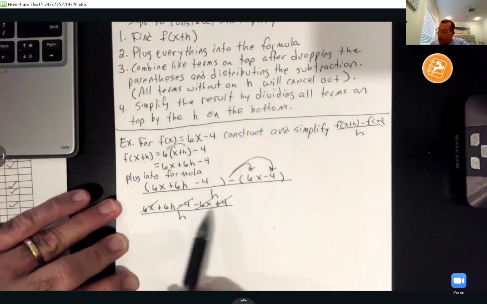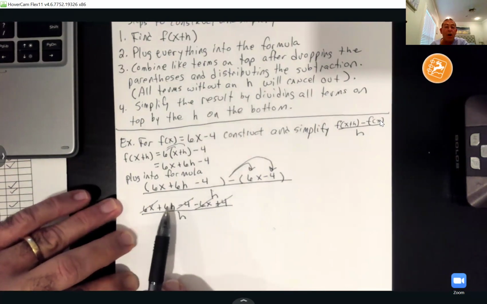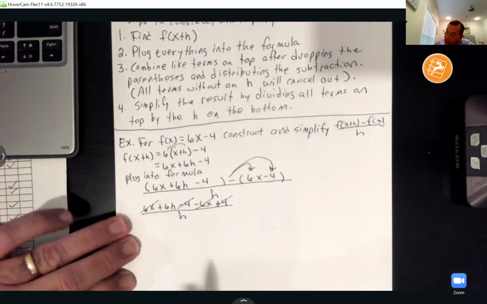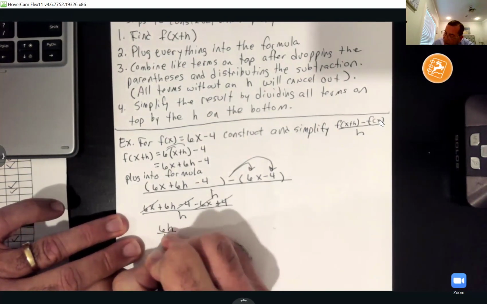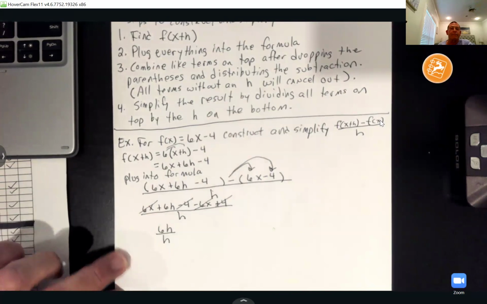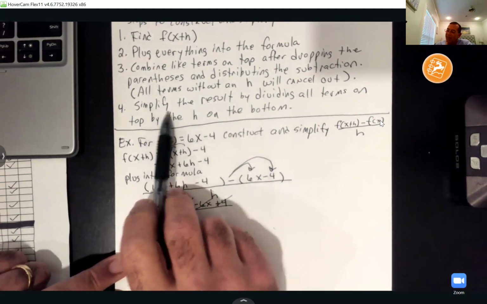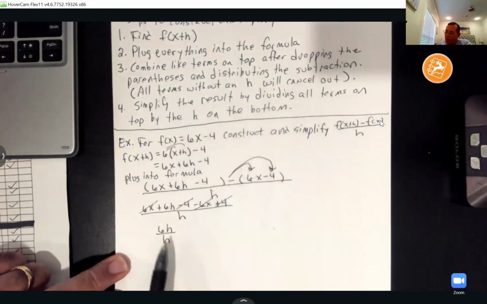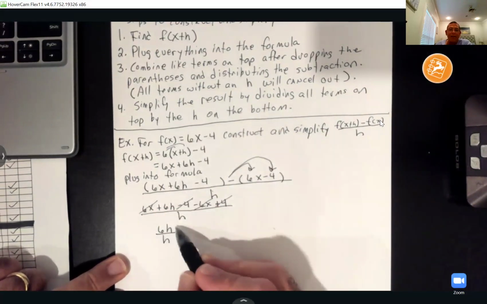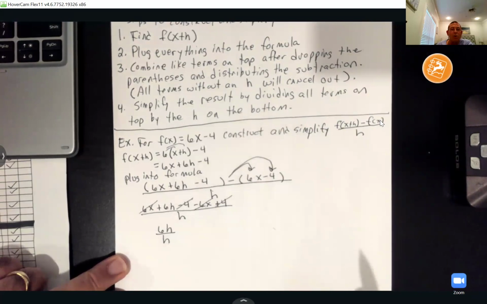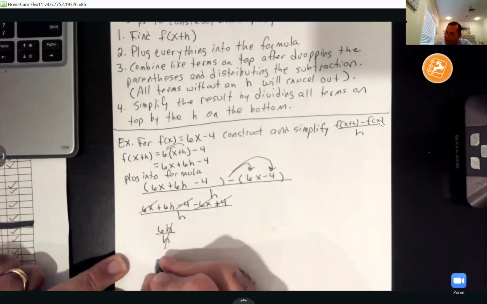Well, look, everything's gone that didn't have an h. All that's left is the h stuff. So I got a 6h over h. And y'all, my last step: divide all terms on top by the h on the bottom. If you divide the top by the bottom, guess what? These h's cancel out, and my final answer is